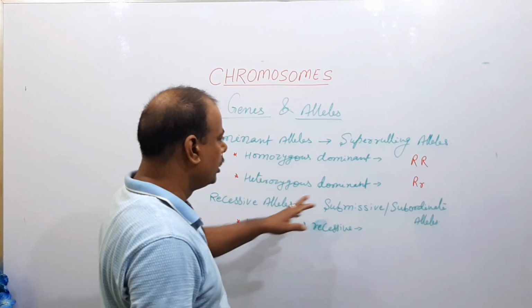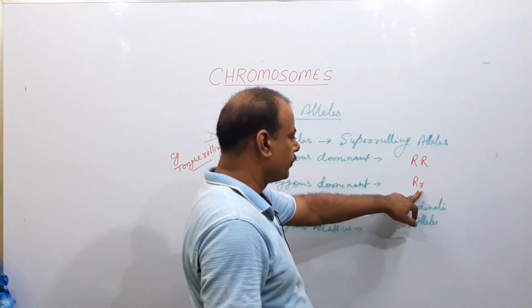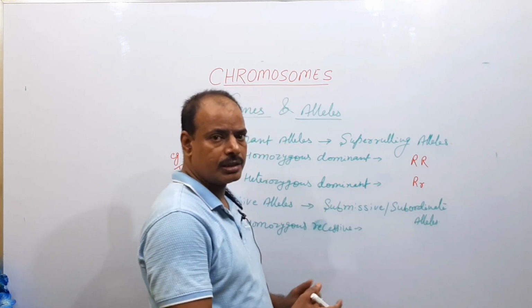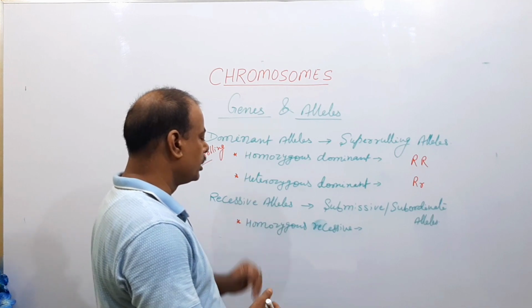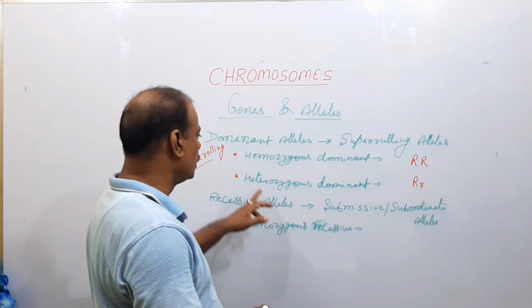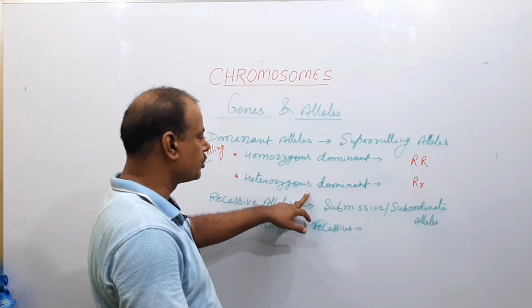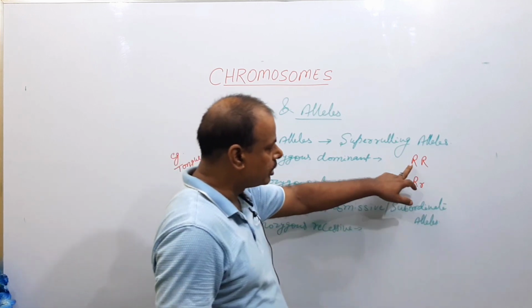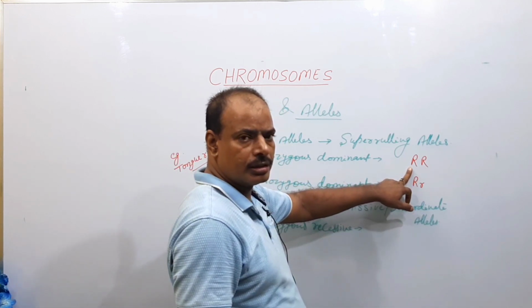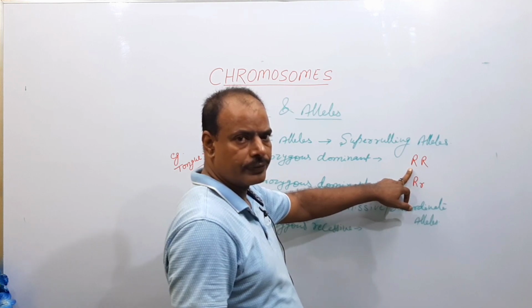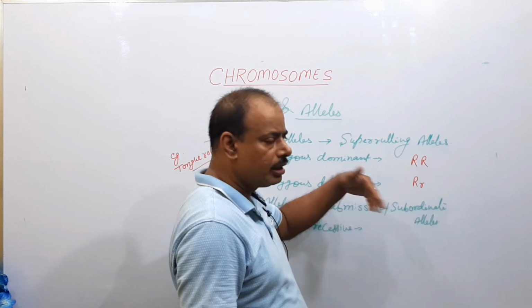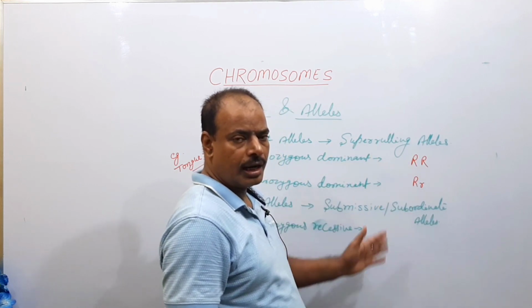And if capital R small r type of genes are present in the organism's zygote, then it is known as heterozygous dominant. It means if one dominant gene or allele is found in the zygote, then it expresses itself